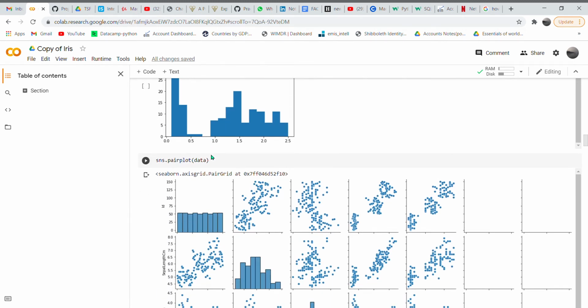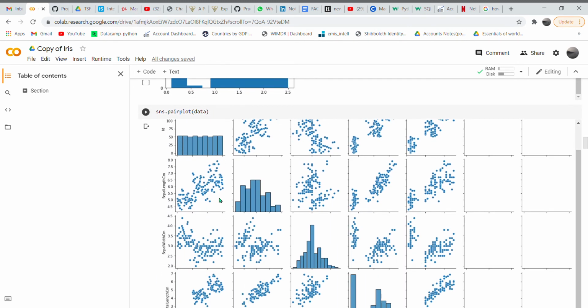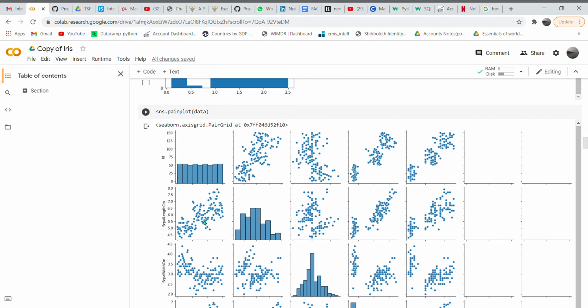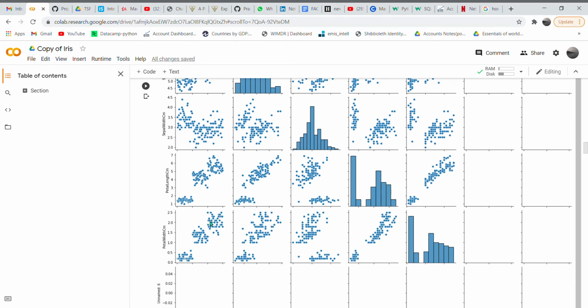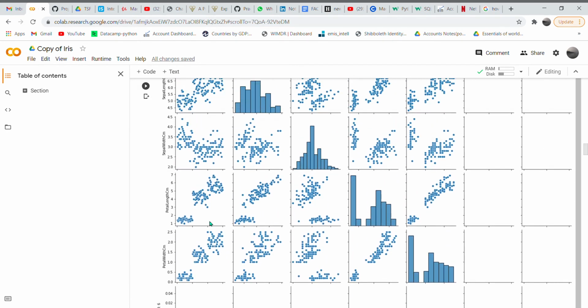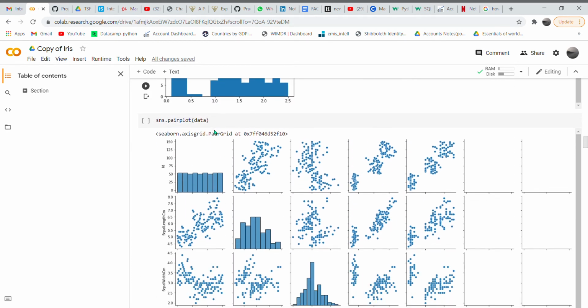Here we can see the pair plot analysis, where we can see the correlation between two variables. The first thing, sepal length versus id, is not an important thing for us.